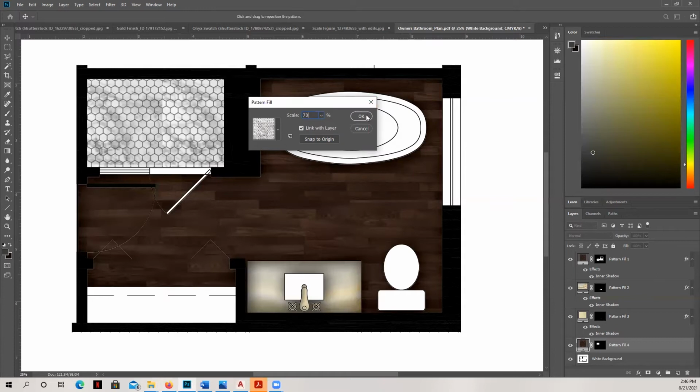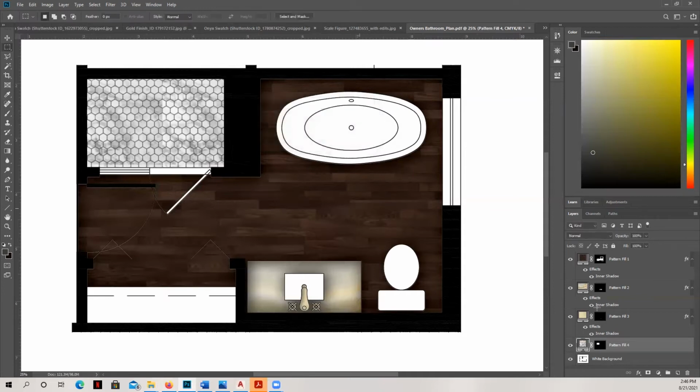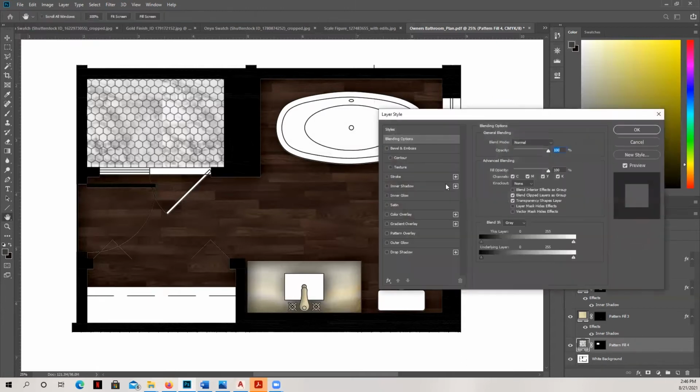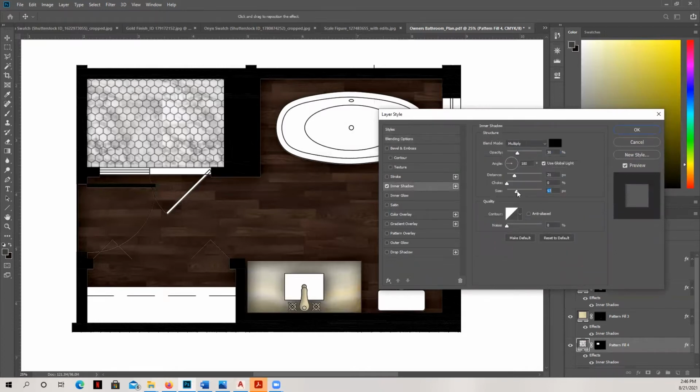That's a little bit better. So then we'll hit OK. And then, as I've taught you before, we're going to go ahead and select. Make sure that we have that inner shadow in. I'm going to bring it in just a little bit larger because I had reduced the size of mine before. There we go, looks good.